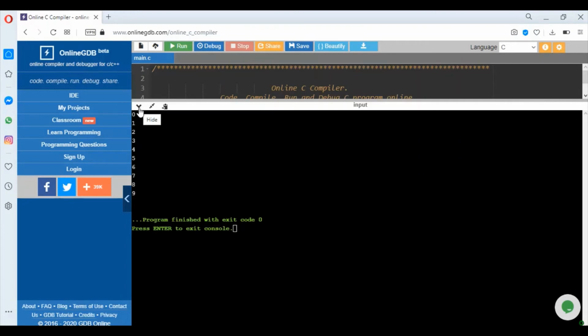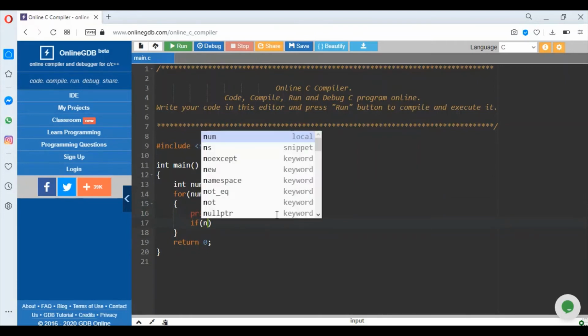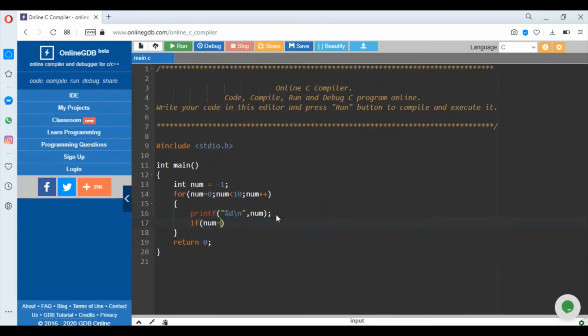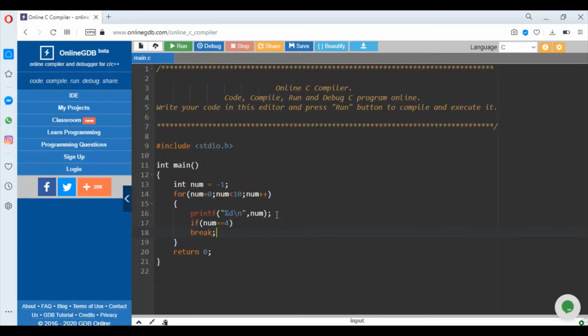Now if I want that after the value gets 4, this loop should break. So if value of num is equal to 4, then this loop should terminate.